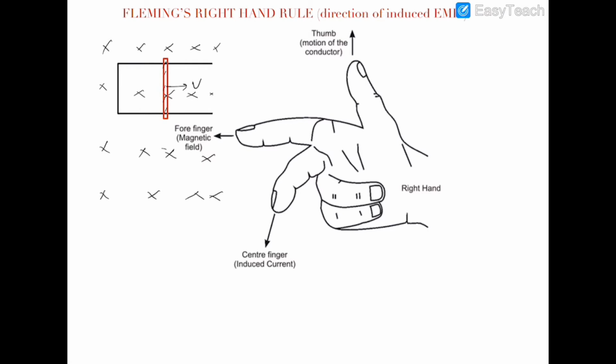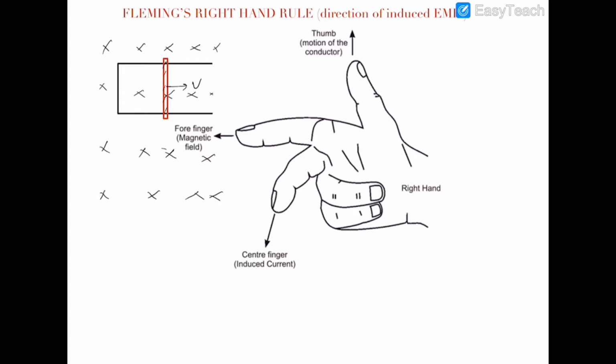So by using Fleming's right hand rule, you should stretch your first two fingers of the right hand and thumb mutually perpendicular, and you should point your finger towards the screen because the magnetic field is going inside the screen. You should point your thumb towards the motion, I mean to say towards the velocity of the rod, and you will see that your second finger is pointing in the upward direction in the screen.